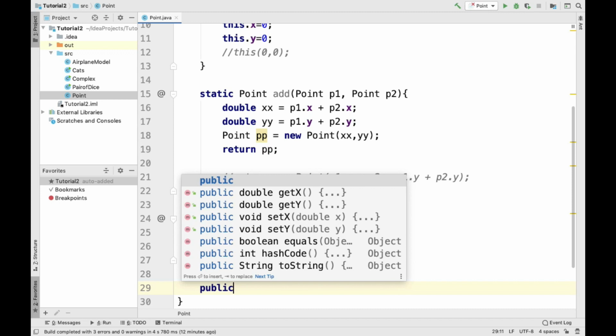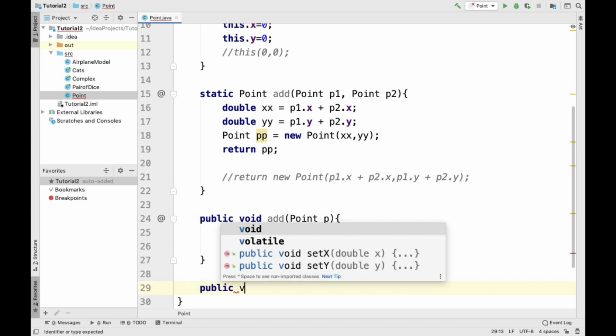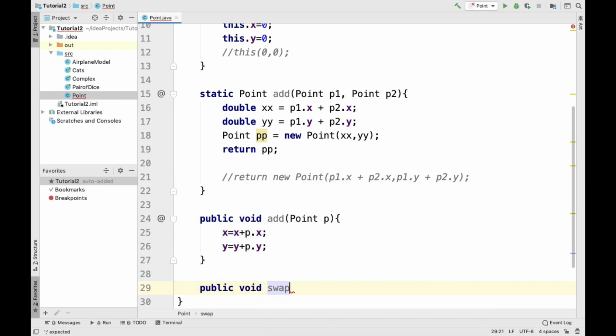So public void swap, this will be the one that takes only point P,